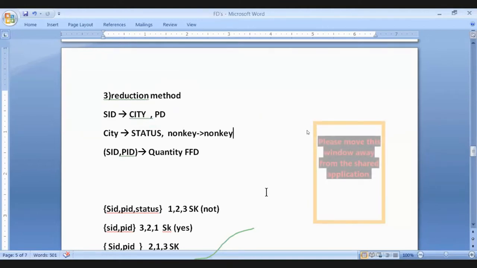Is it clear? Yes, ma'am. Tell me. According to the given definition of 2NF... your voice is cracking. Tell me once more. Is it audible? Ma'am, I am saying that according to the 2NF definition,